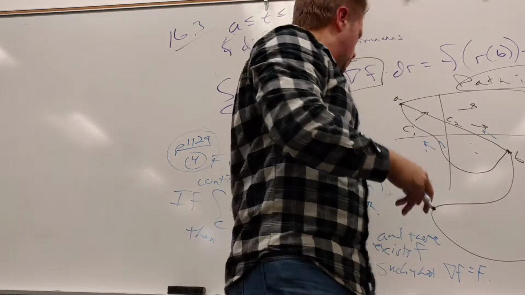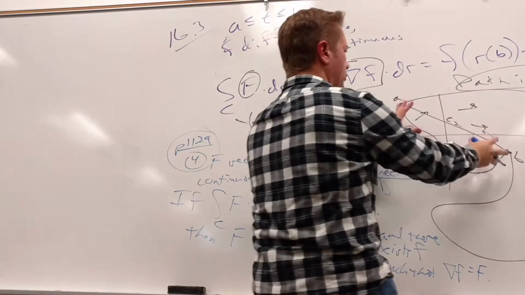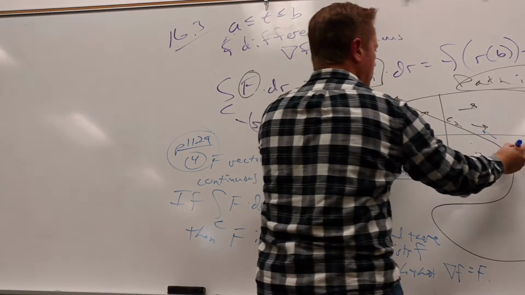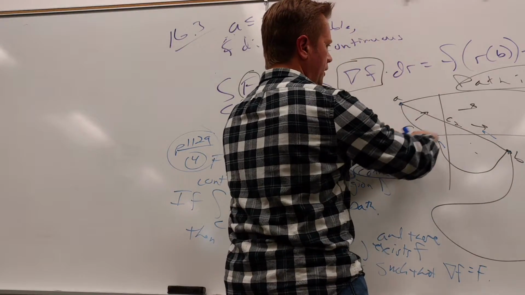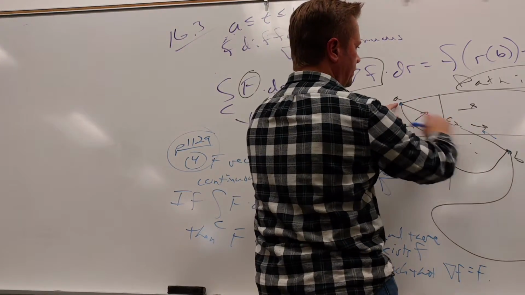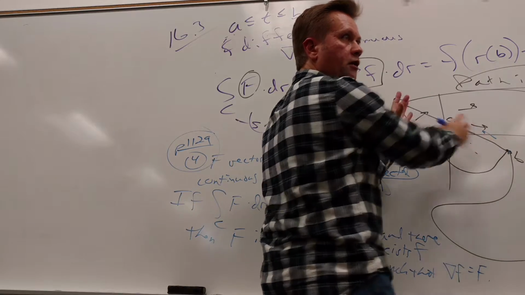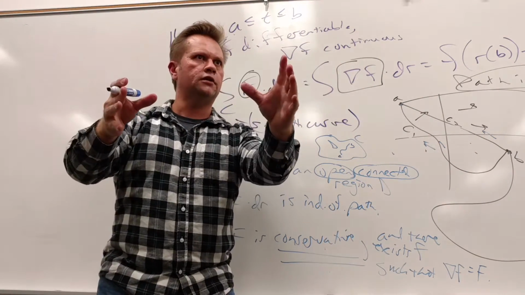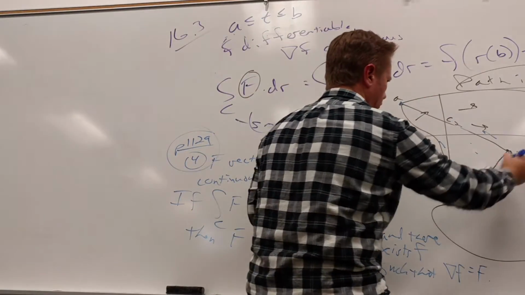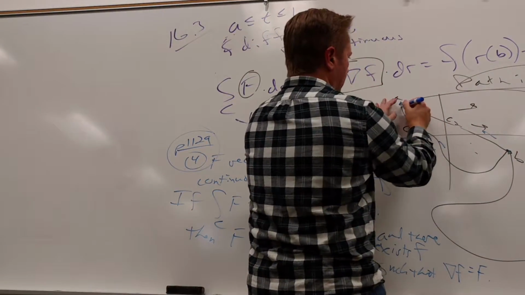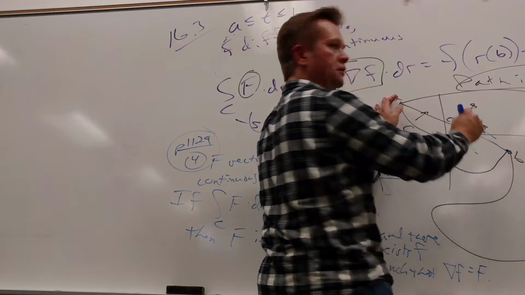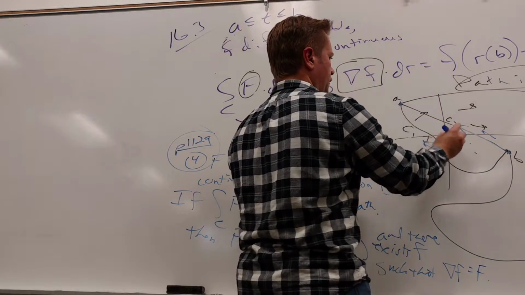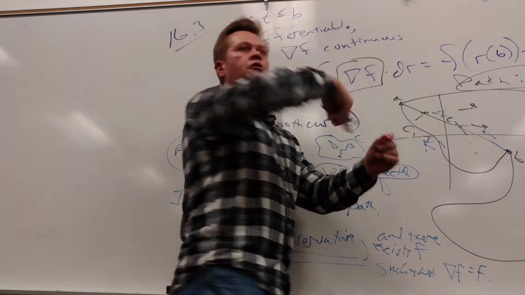Yeah, I like it. And why does it make sense from what we were talking about here? If this is path independent, if C1 and C2 and C3 all give me the same integral, the same value when I integrate along it. Is everybody cool with me so far? That's what I was saying earlier, right? So I get the same value for the integral there, the same value there. So what am I going to get if I go there and then go backwards? I'm going to get integral value and negative integral value. So the whole thing is going to be 0.